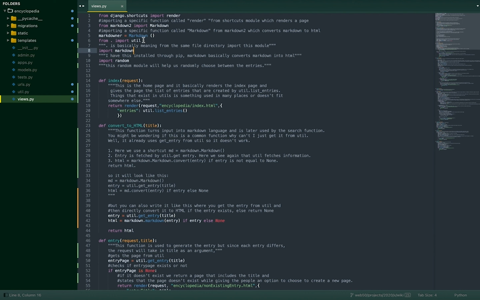And then you can assign markdown a name. So here we assign the name of markdowner, and you can read more about modules in the link that will be included in the description. So from dot import util, and this dot means the same file directory. So basically you're importing it from the same